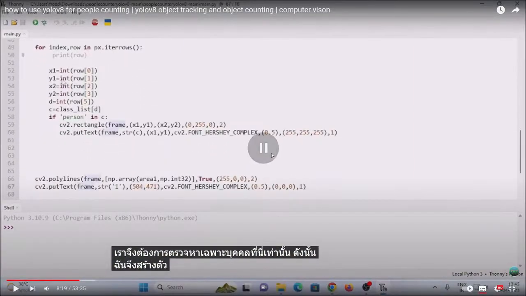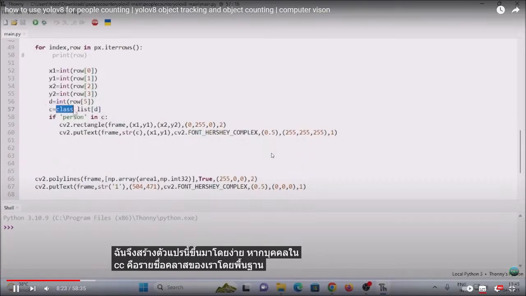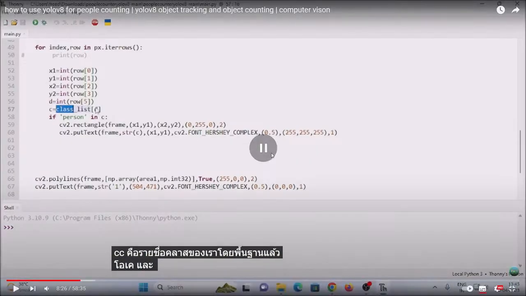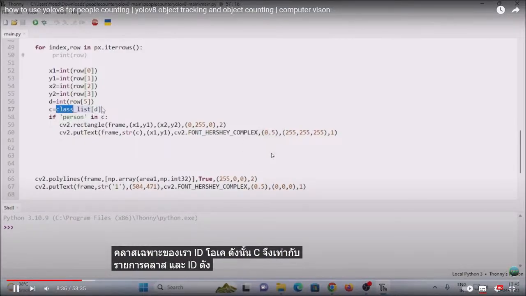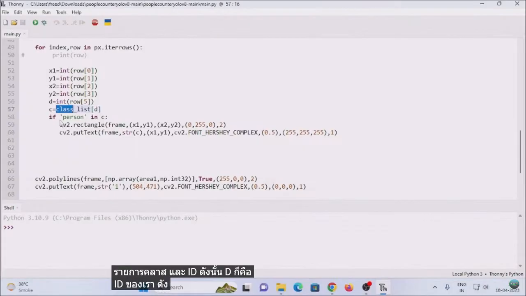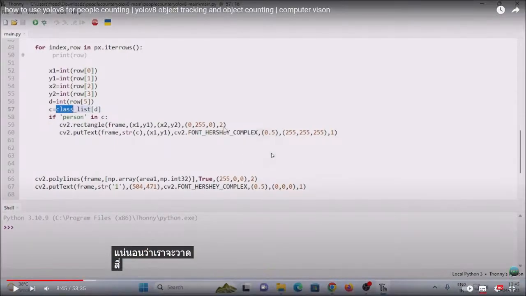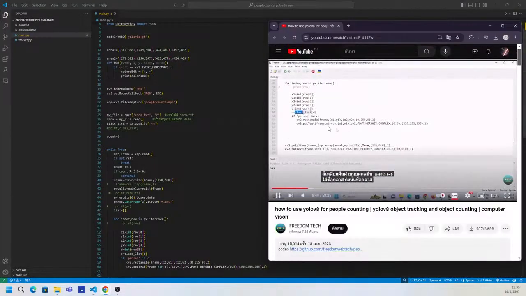So simply here I have created if person in c, where c is basically our class list, okay, and d is basically our id, the particular class's id. So c is equal to class list and the id. So if the person in c, when we detect the person, of course we are going to draw the rectangle on the person, and we are going to put the class name. So class name is